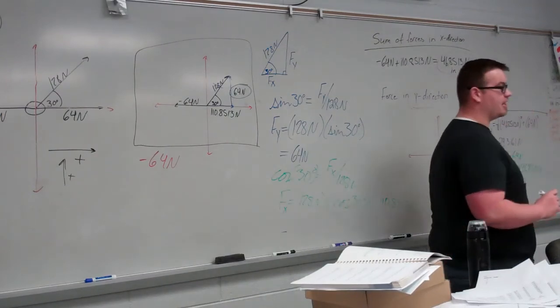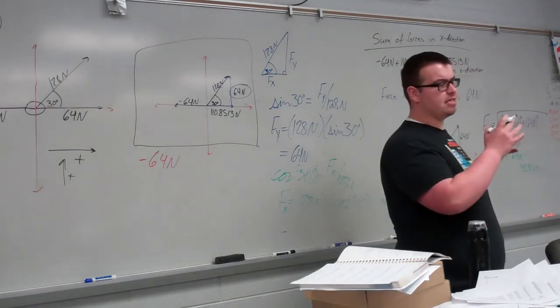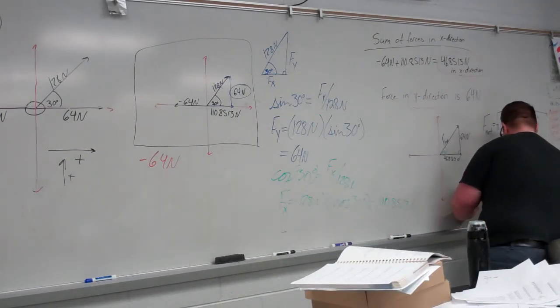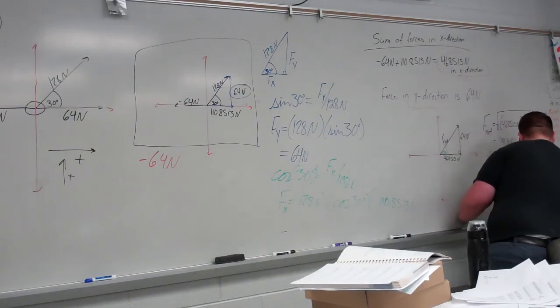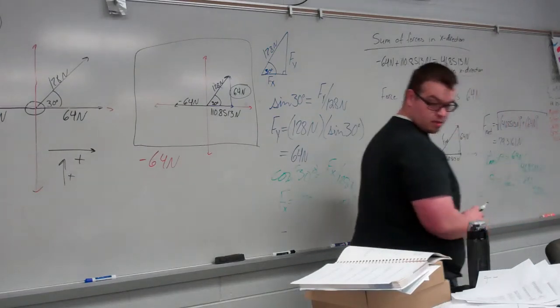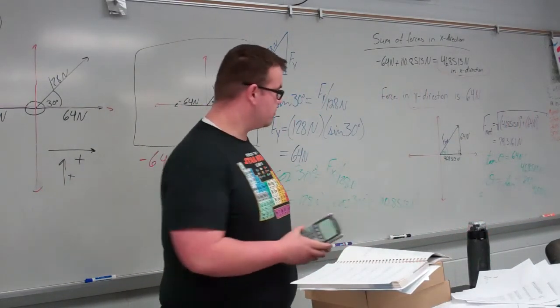I'm trying to find theta. I gotta get tangent off of there, so I'm gonna take the inverse tangent. So theta is equal to the inverse tangent of 64 newtons by 46.8513 newtons. We'll find that to be equal to